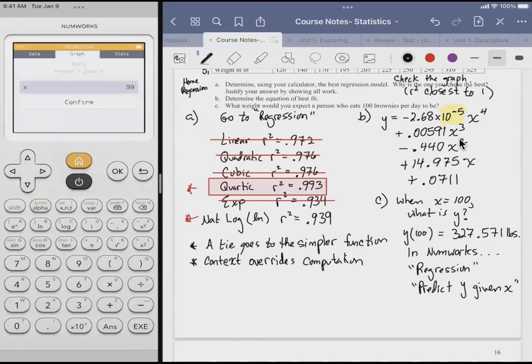Predict y given x, 100, confirm. Oh yeah, it was there the whole time. I just, for some reason, I didn't trust myself. That y with a little hat over it, it gives it to us as a kind of a weird